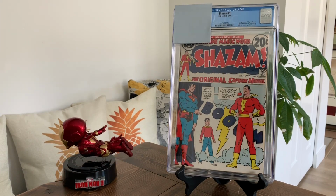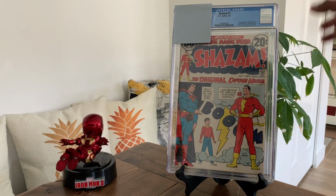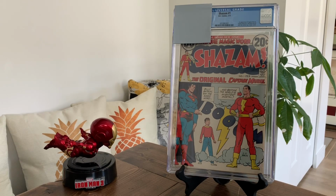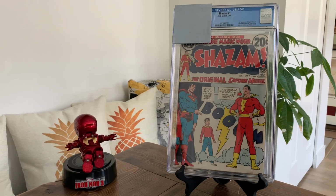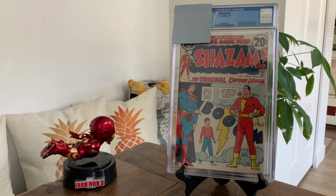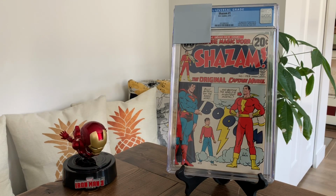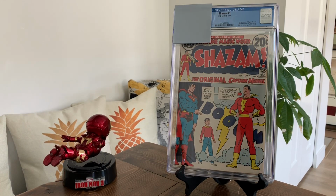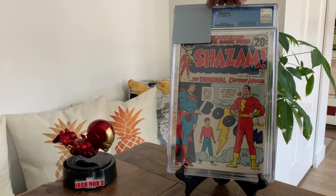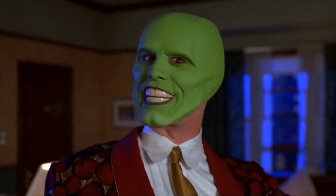My prediction for this one, of course, is not super high grade, but it is high enough that it is worth slabbing. Let me see my prediction. Right, okay. I predicted a 9.4. It's got its flaws, but it is a pretty high grade, and they're definitely very presentable. So let's see what CGC thought of this book, and it is...